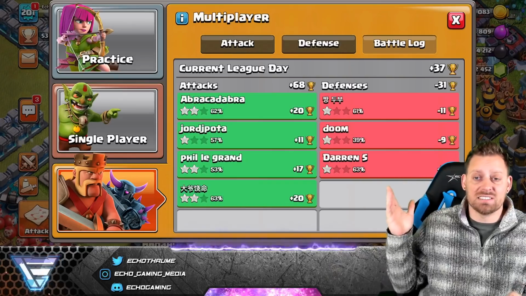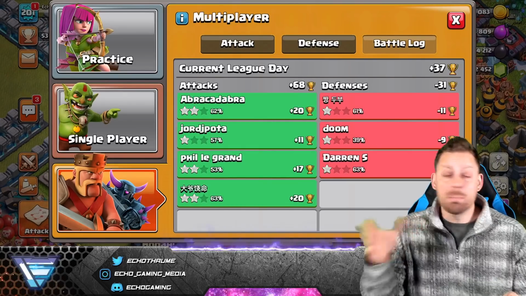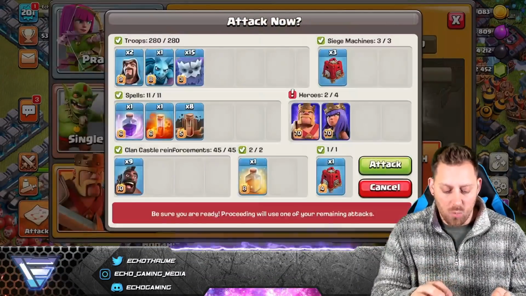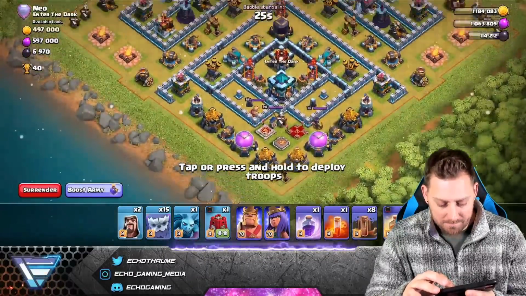Look at the defenses that my base has done. A 1-star, a 1-star, and a 63% 1-star. With people attacking like that, it leaves me a lot of room to actually be okay while I'm attacking with 2 heroes down. But here we go. We're running into this base, and as we can see, we just want to...